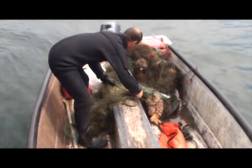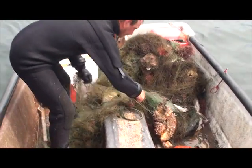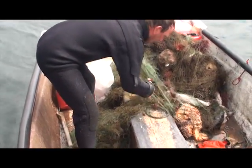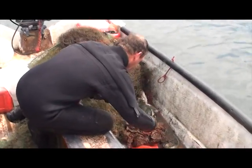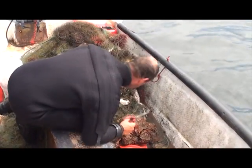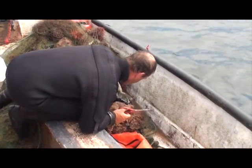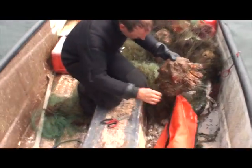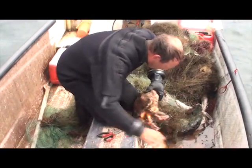Wow, it's a big one. Yeah, and there's another one here. We worked as quickly as possible, saved about 100 sea urchins, a dozen sea stars, roughly 20 crabs, and many other critters. Wow, this thing is heavy. Well, maybe because he's got... oh yeah, don't take my...